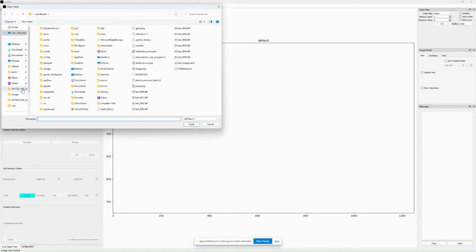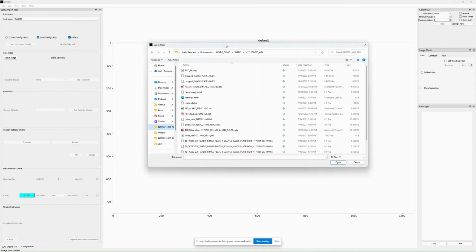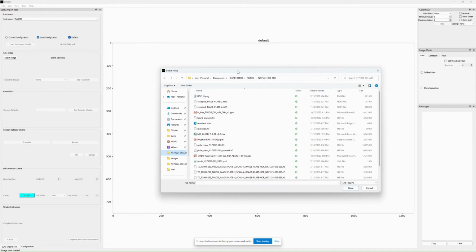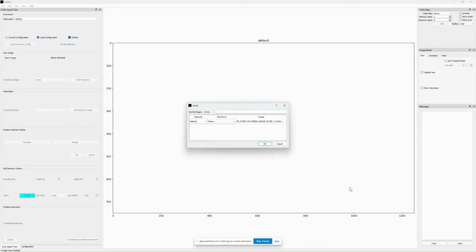These raw images are actually the HDF5 files that are in the shot archive for NIF. For this shot, I'm looking at the ABX shot that was one of mine from ages ago. And it happened to have HDR images in the shot archive. So I'm going to start with image plate 2, which is the bottom image plate in the TARDIS. And when I select open, the first thing that comes up is this load dialog here